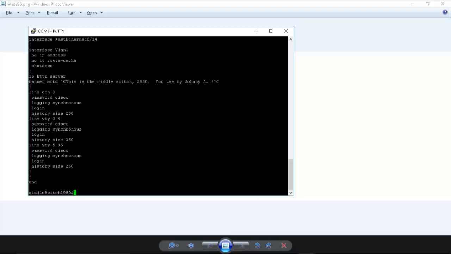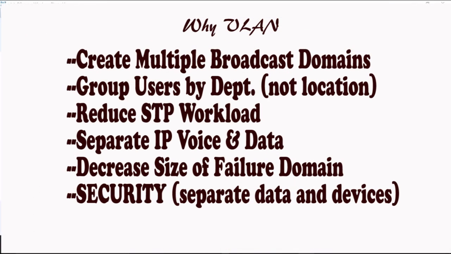Now, we're going to do VLANs, and why do we do VLANs? Multiple reasons. They create multiple broadcast domains. Picturing the switches, each switch in a different building, but you have multiple departments in one building, you can group the users by the department instead of by their building. So they'll be able to communicate with people in their own department and not people in other departments. It reduces the spanning tree protocol workload,